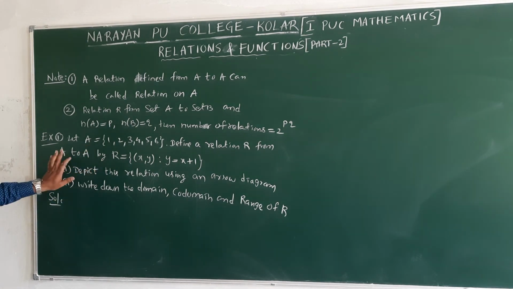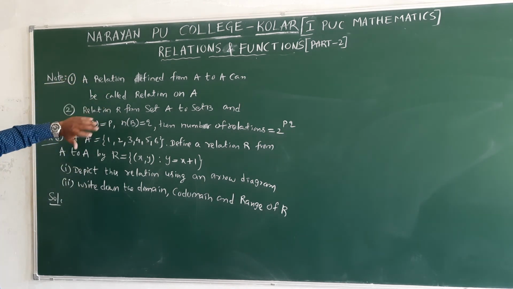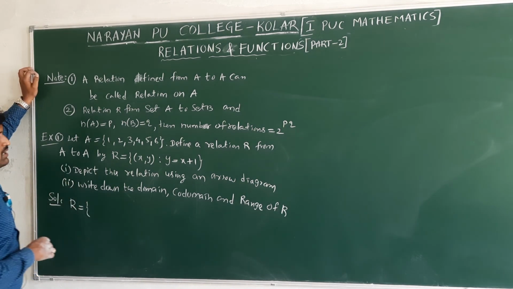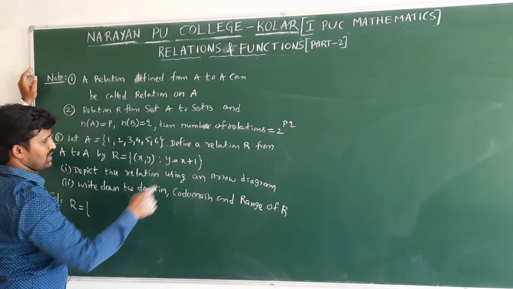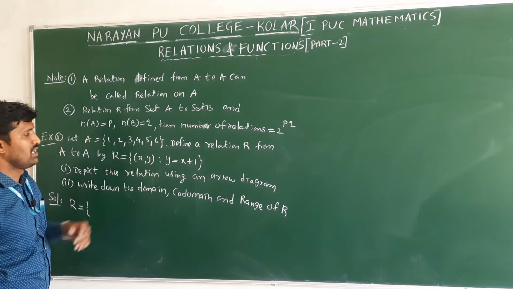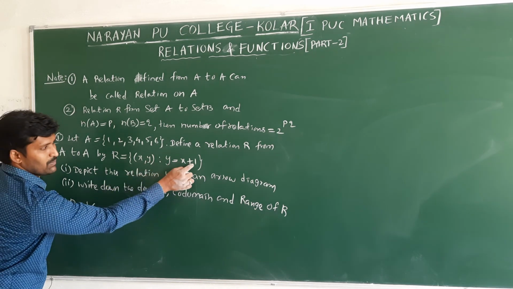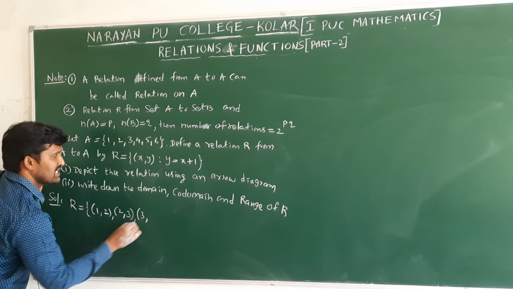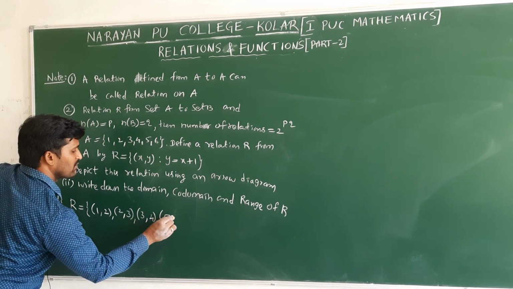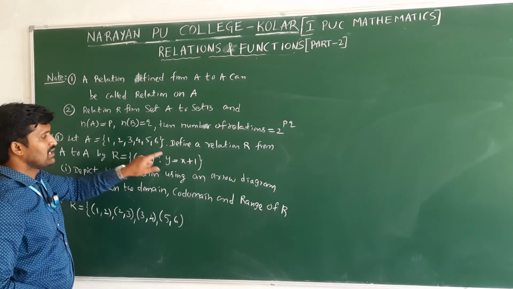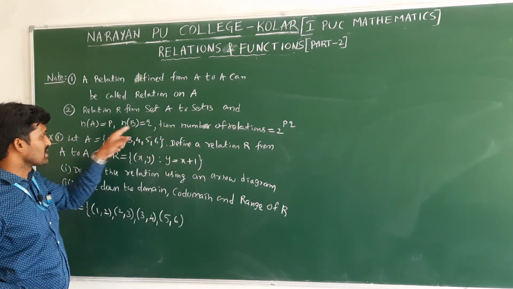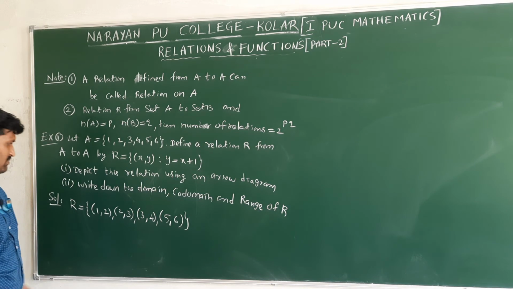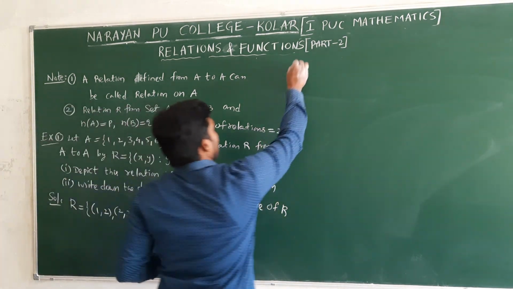Now the set is defined from A to A only; just now I said we can define it from A to A only, and we call it a relation on capital A. First I will write the relation based on this. What is the relation given? y equals x plus 1. First element is x, second element is y. If I take x as 1, substitute here 1 plus 1, what y value will you get? 2. If x is 2, 2 plus 1, 3. If I take x as 3, 3 plus 1, 4. If I take 5, you will get 6. If you take 6, 6 plus 1, 7. 7 is not present in the given set, so don't take 6 again. That's why 5 to 6 is the last. This one we need to represent based on the arrow diagram.